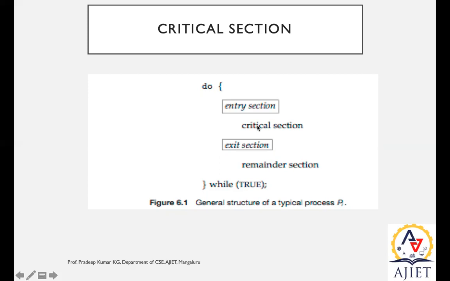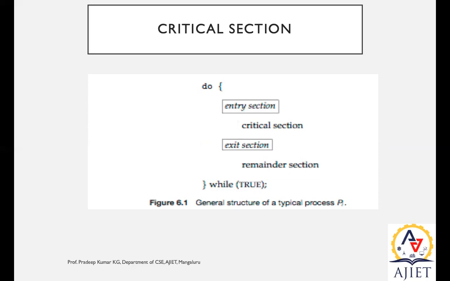That means no processes are executing currently, none is executing in the critical section, but there are a number of processes in the entry section in the queue. So now, based on the entry and based on the priority, only one process can be given a chance to access the critical section, to get into execution.